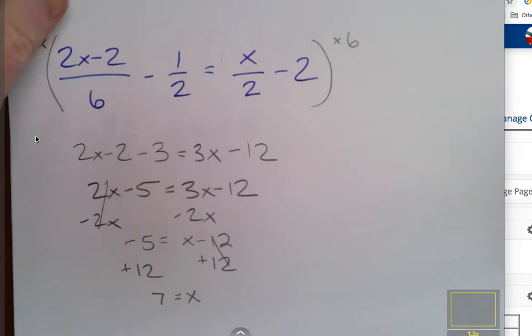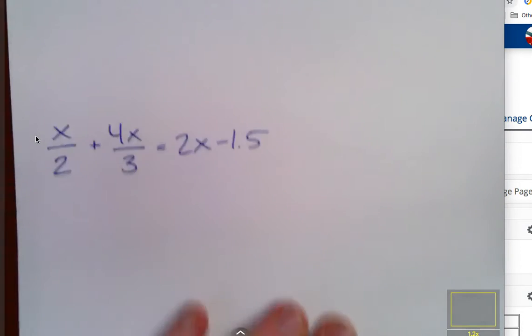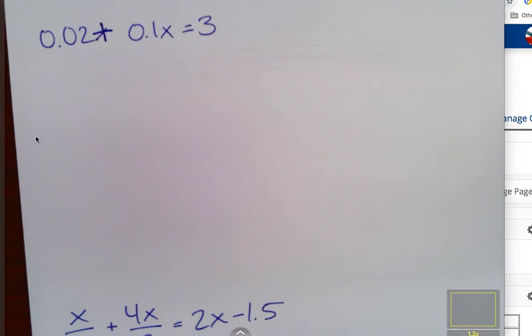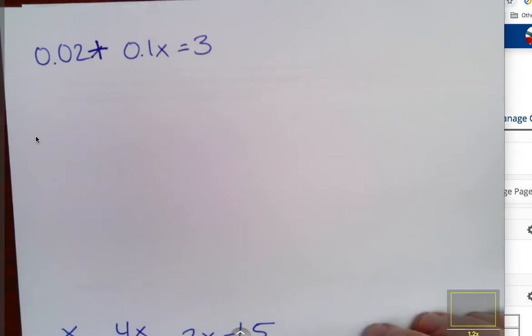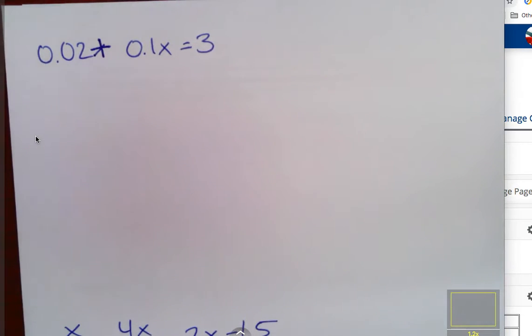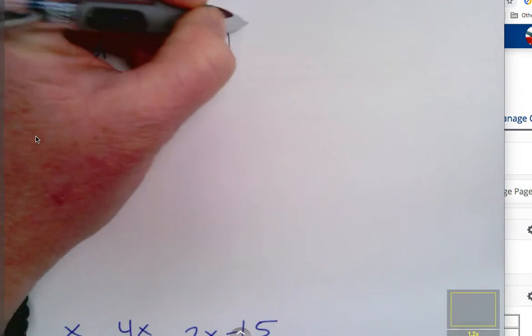Okay. All right. Now, here we have decimals. We don't have to clear the decimals, but we can. And since that's what we're working on right now, I think I will. I'm going to multiply these through by, let's see. If I multiply by 10, it'll move it over one place. If I multiply by 100, it'll clear that decimal completely. So I'm going to multiply